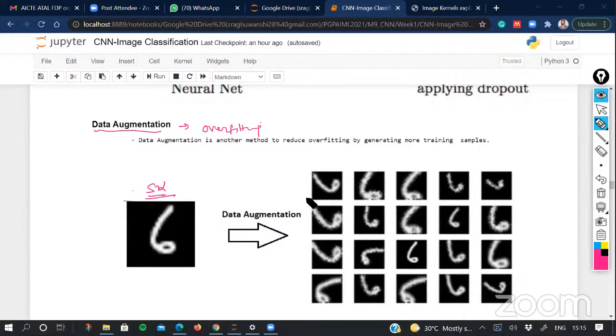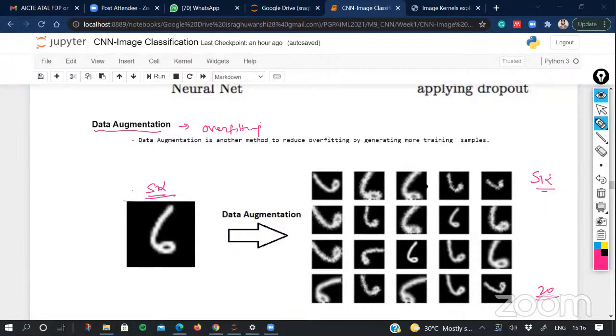All these kinds of image processing techniques we can apply to get more training instances. So with this single instance, you will be able to generate 20 more instances of one image. And all these 20 instances will be labeled 6, because this is the image of a 6 digit.